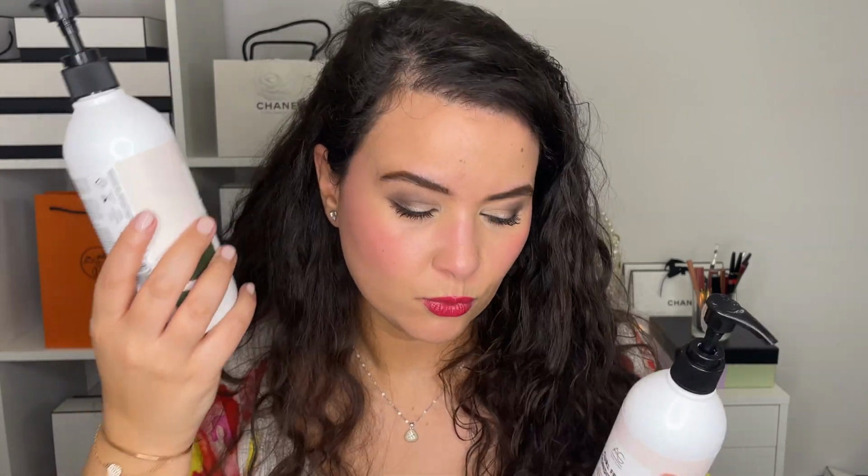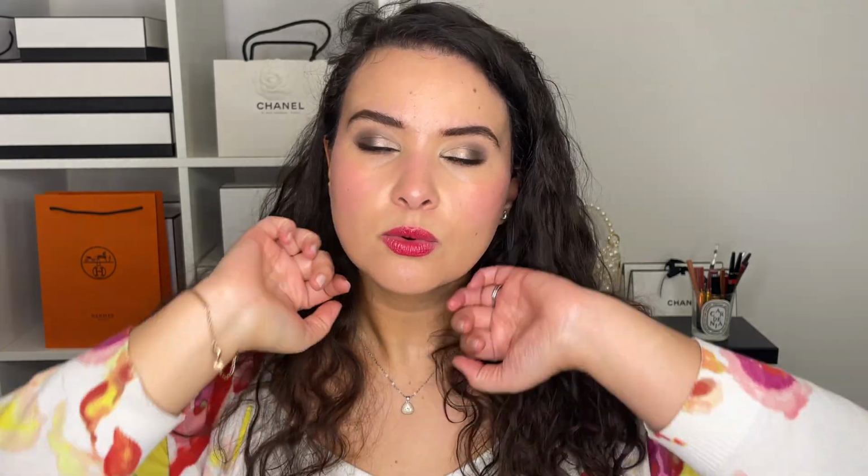Whatever the claim is for curly hair, like I have wavy curly hair, they have products that are there to define the curl, to enhance the curl, to encourage the curl, whatever the product is, it actually works. And this is a new plant-based collection from them. This is the plant-based essentials. It has coconut and avocado. It's also not too heavy because sometimes conditioners are really heavy and they just sort of weigh down my curls,